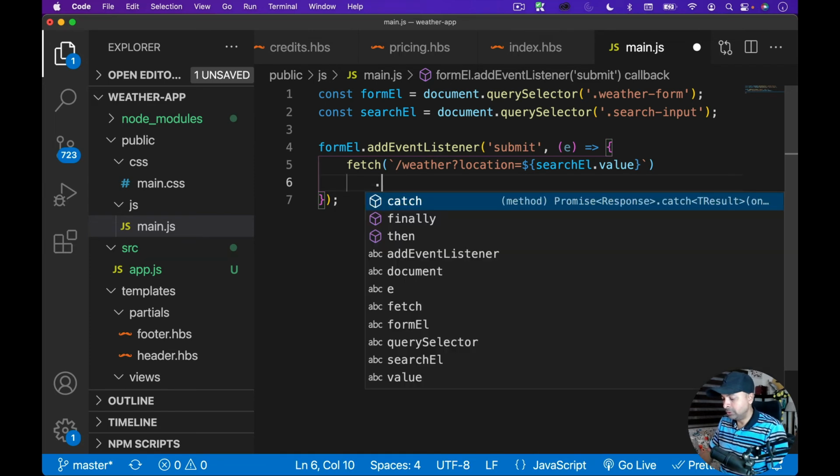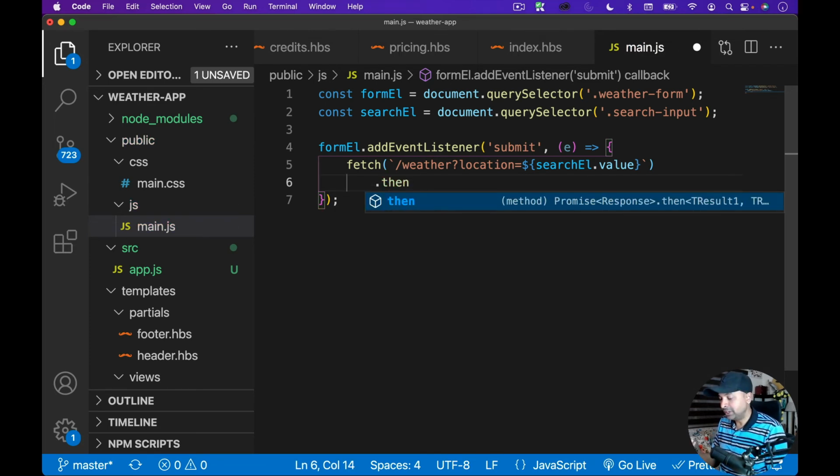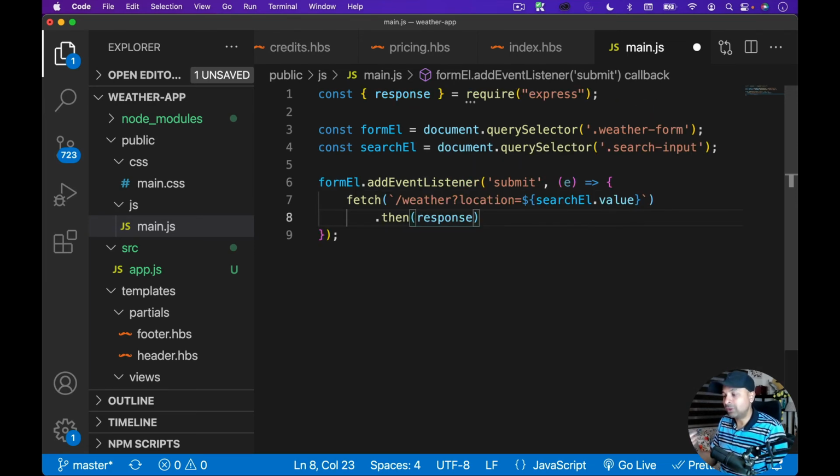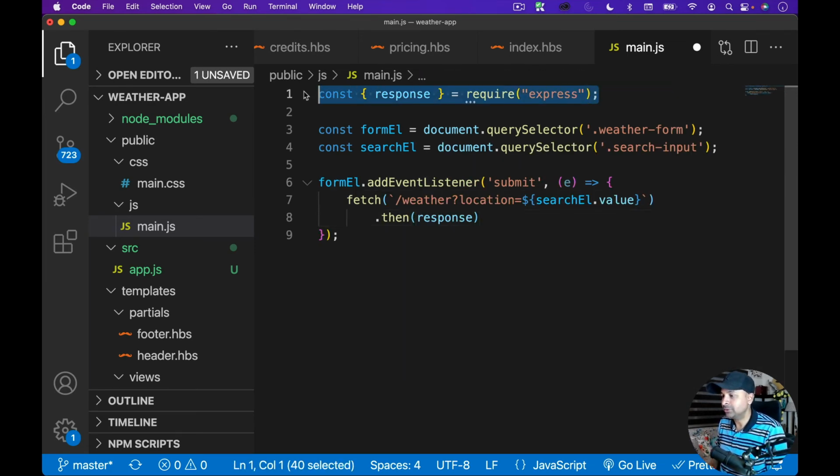So we chain promises something like this. We use something called the then function. So when I'm going to get back the data, it's going to call this then function. Okay, and it's going to return us a response. We don't need this response actually. It's going to return us a response, and